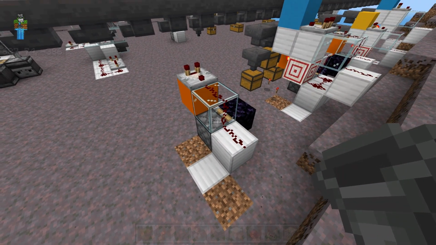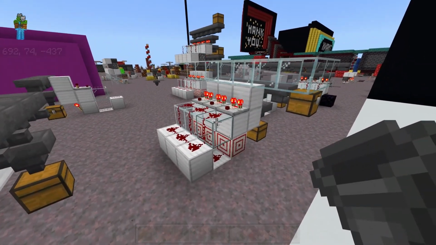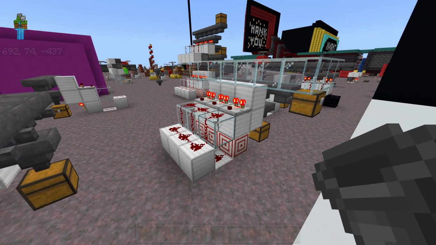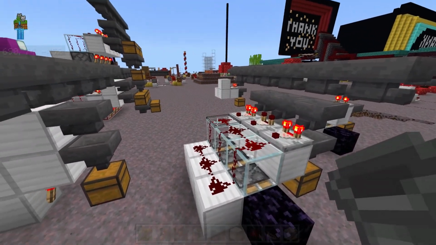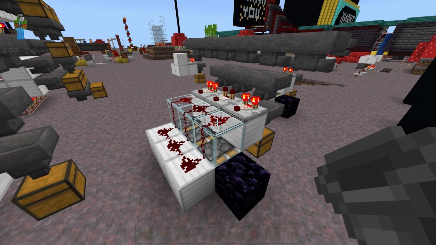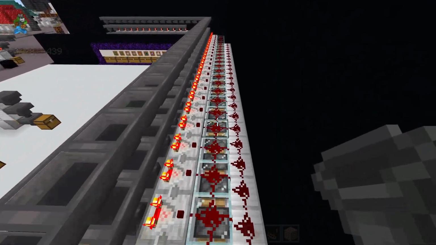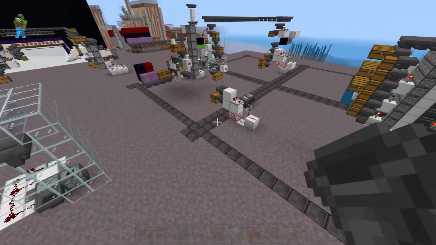So basically, just avoid trying to tile different types of item sorters directly next to each other. And I'm sorry if that was complicated or boring, I just wanted to touch on it just in case some of you were curious as to why you can't tile different types of sorters next to each other. But when it comes to the same type of sorter, you can go nuts. You can tile as many of them next to each other as you want without any problems, except for maybe overflow. Okay, we have covered all of the basics.